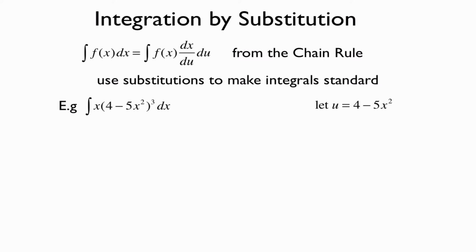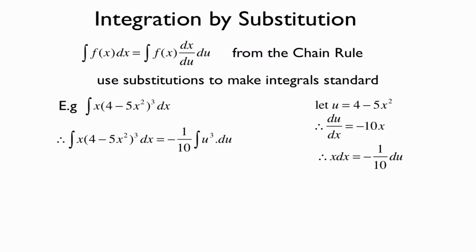Once we've decided we're going to let u equal 4 minus 5x squared, we differentiate it, getting negative 10x, and we rearrange it to say that x dx, the expression we actually have in our original function, is equal to minus 1 on 10 du. Now we can go ahead and make the replacement. I'm replacing the x dx with a minus 1 on 10 du, and I'm replacing the 4 minus 5x squared